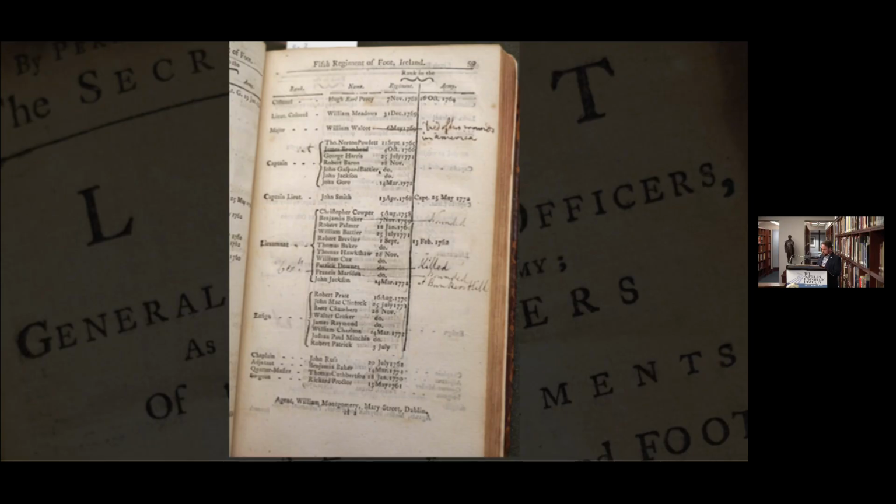Now, they were positioned on the right of the 52nd Regiment of Foot during the assaults, and they had a similar experience, though they didn't suffer nearly as many casualties as the 52nd. The 5th Regiment's page also lists officers as being killed and wounded at the Battle of Bunker Hill. From this regiment, Lieutenant Patrick Downs was killed during the battle, while 2 more lieutenants, Benjamin Baker and Francis Maston,